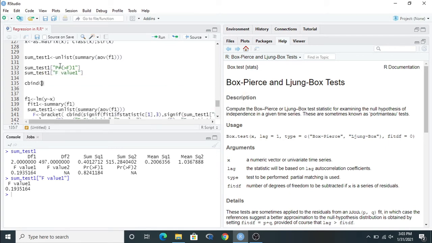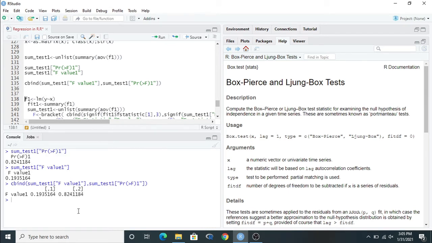You can use tab, and for the first position we have to put the coefficient value. Okay, and in the second position we have to put the p-value. Right, just run this. You can see this is a matrix and it has two columns. The first one is the coefficient and the second one is your p-value. And now we can use the bracket to assign the star mark.